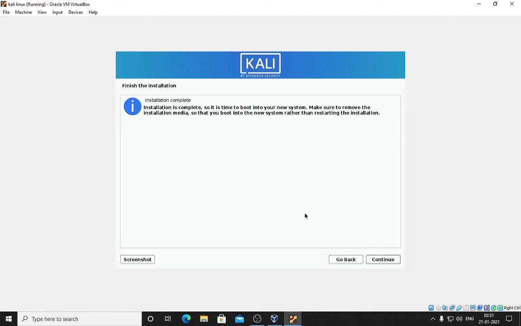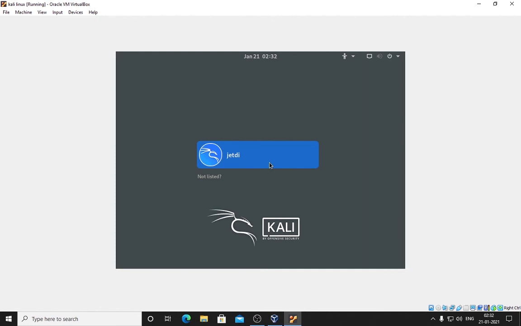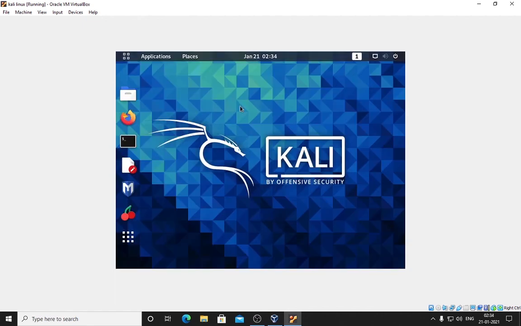Here you can see guys, our installation has been done and it wants us to click on continue. So that here we are guys on the login screen. Click here and JD, put your password and you will be good to go. So guys, here we are in our Kali Linux environment. In the upcoming video I will be showing you guys how to update your operating system, how to upgrade and how to do distribution upgrade as well.